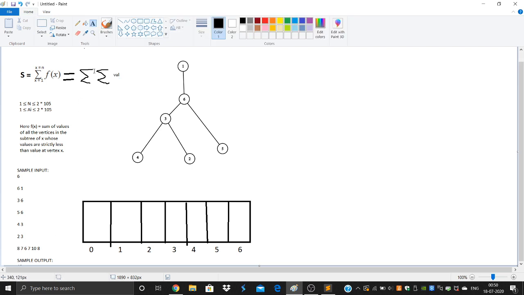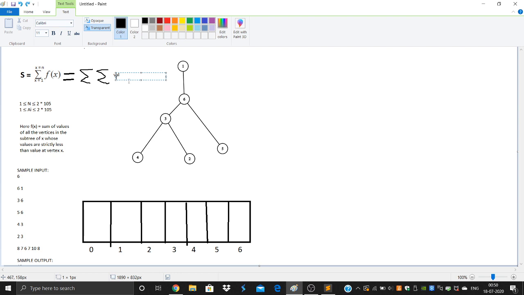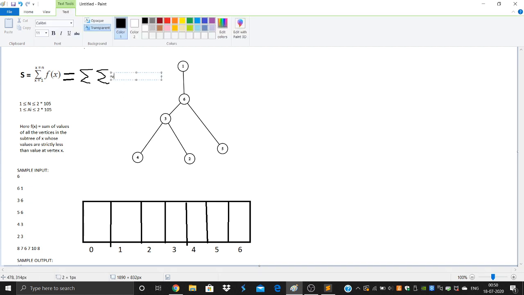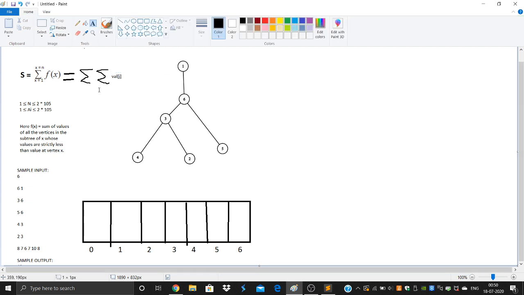That's basically the values associated with each vertex. So it would be some double summation of val j, and we would also set the limits here.